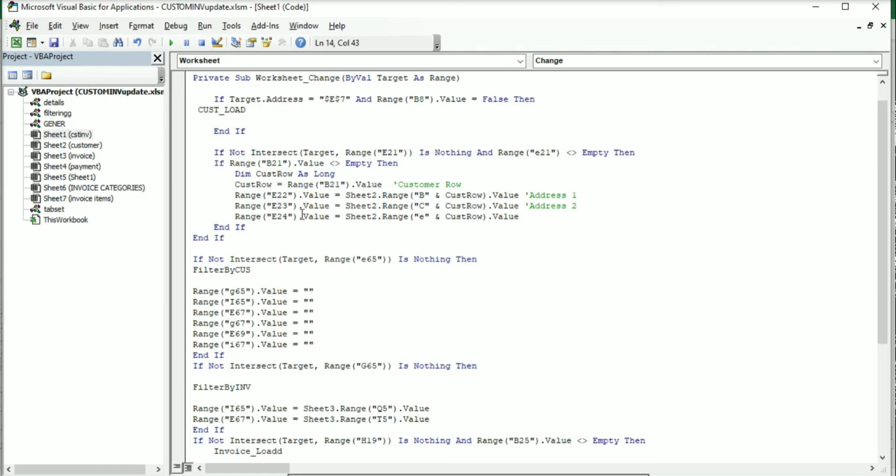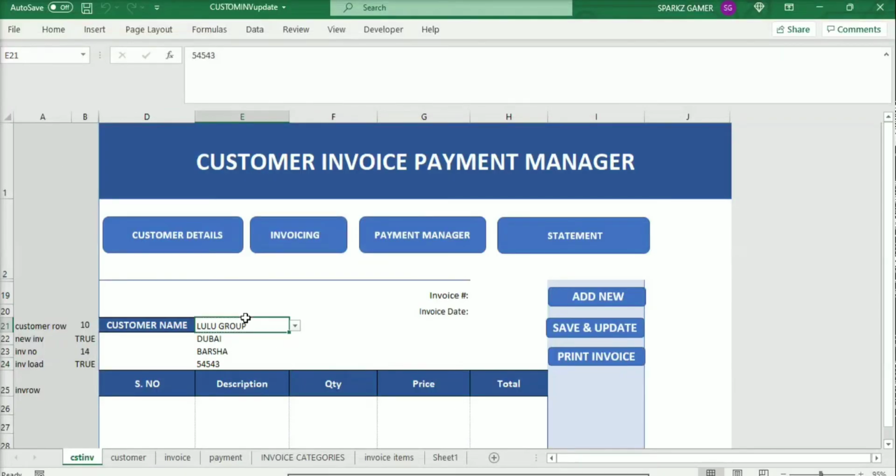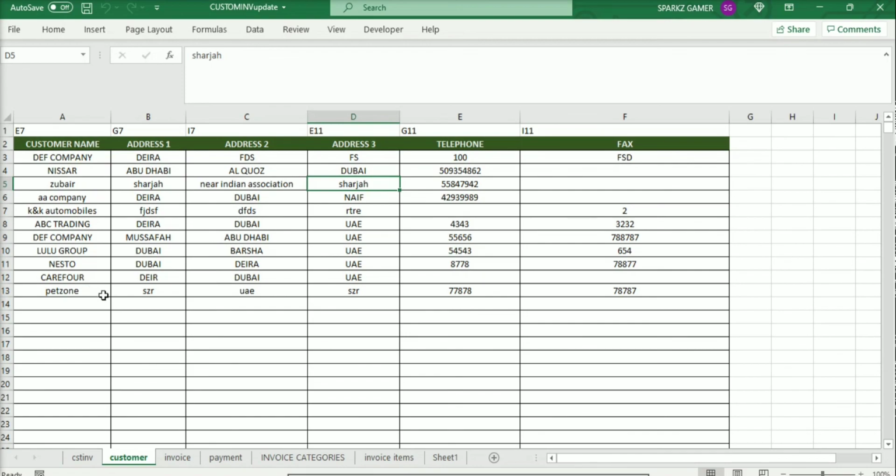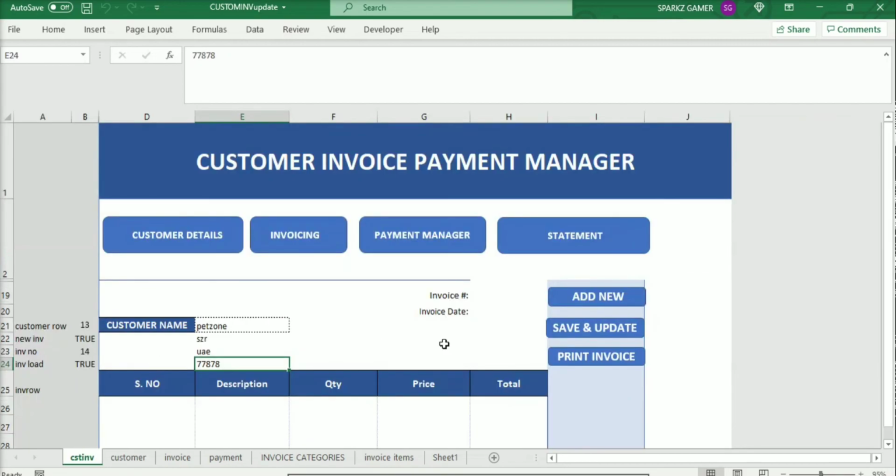Sheet 2 dot range, that is E23, address 1, E24 that is the telephone number. So when we select each customer, it will reach that row and the remaining columns will display in E22, E23 and E24. We can learn the next part, how to save it, how to add a new customer in the customer invoice and print the